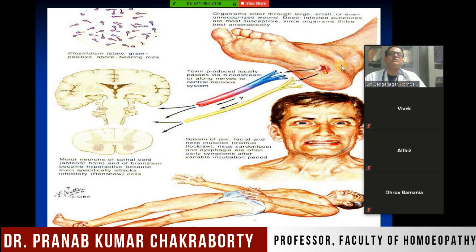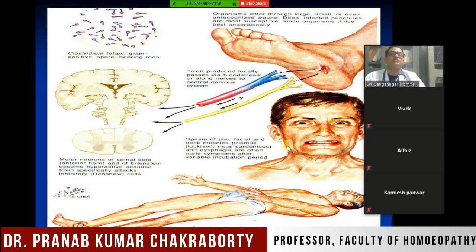So these are the conditions. An injury generally happens through contact with the surface of the soil, and the bacteria pass through the lymphatics as well as the bloodstream and enter through the axons. It is entering into the motor root, this is your ventral root, and through the motor nerve it is going to the neuromuscular junction where it is working. And in these conditions, this is trismus, the spasm is happening,